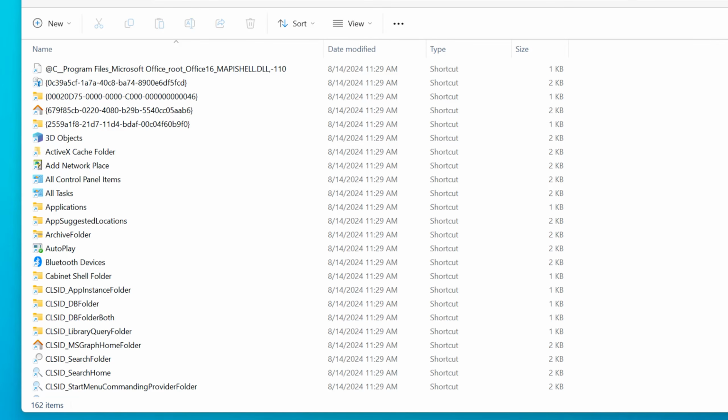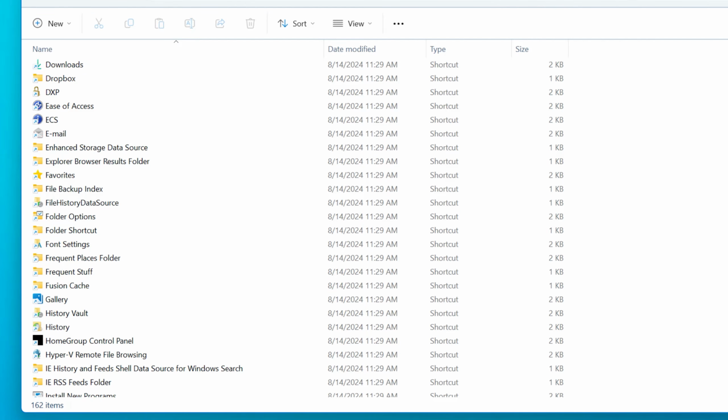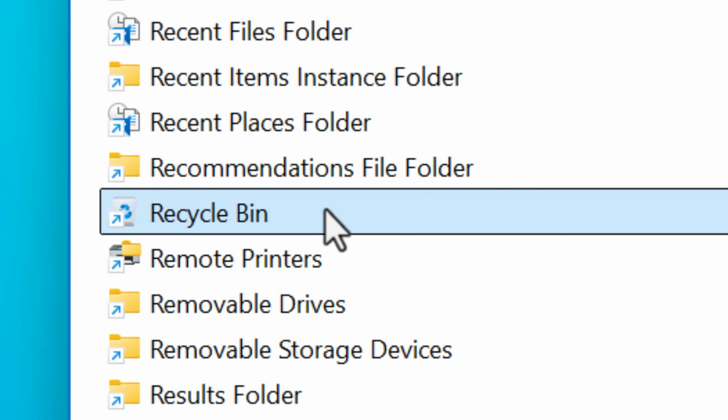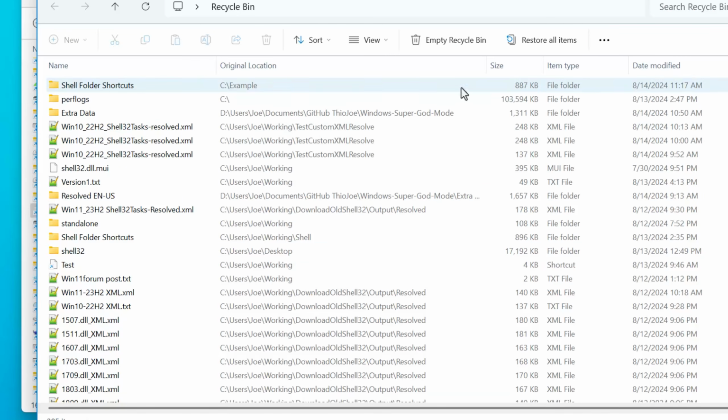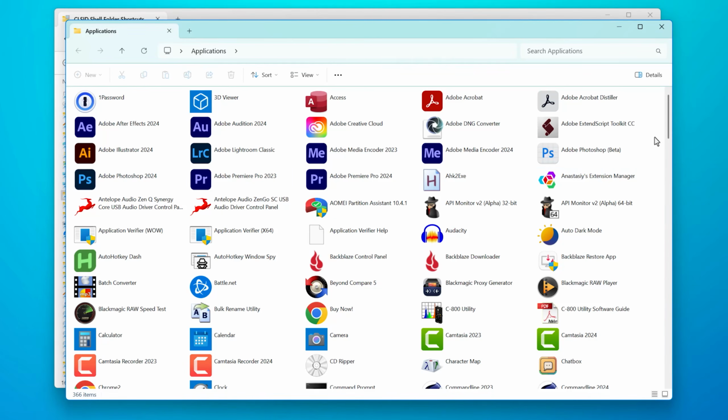Many of these shortcuts also go to virtual folders, which aren't real folders, but they still use File Explorer as an interface. For example, Recycle Bin. This is not actually a real folder. It's like a virtual one. Or this Applications folder. This one has special links to launch most of the installed applications and tools on the